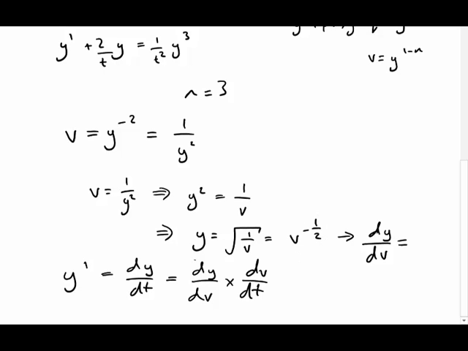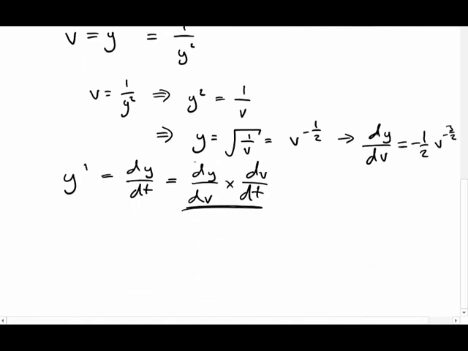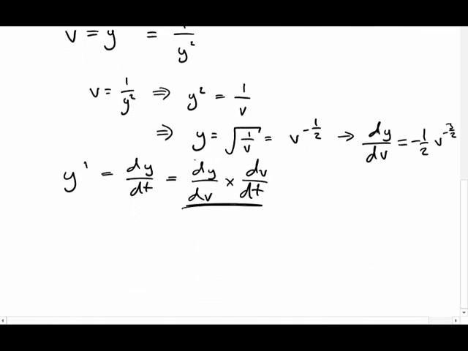It's going to be minus a half v to the minus 3 over 2. So therefore now, when I want to try and find the chain rule, what I can do is just replace this dy by dv by this thing in here. So I will end up with minus a half v to the minus 3 over 2, times dv